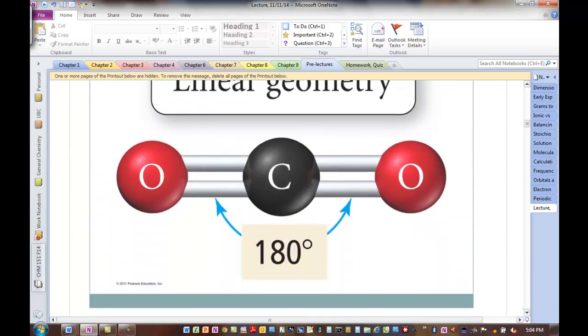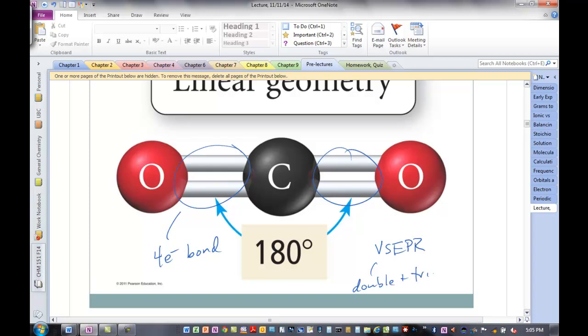Okay? Now, this is where it gets a little bit tricky. This is not just 2 pairs of electrons, because a double bond is a 4 electron bond. Okay, 2 pairs. So each of those is 4 electrons. But for the VSEPR model, okay, we're going to count double and triple bonds as 1